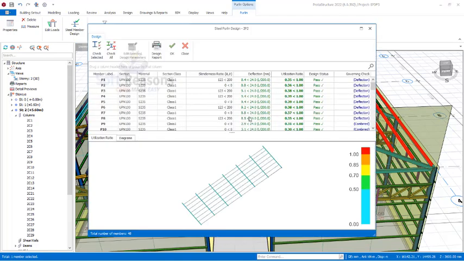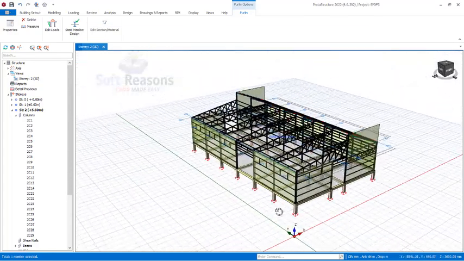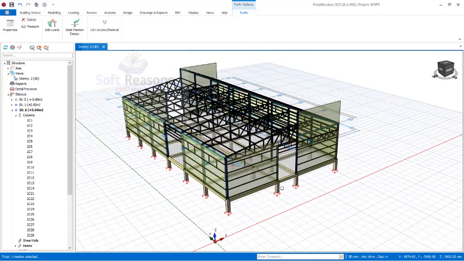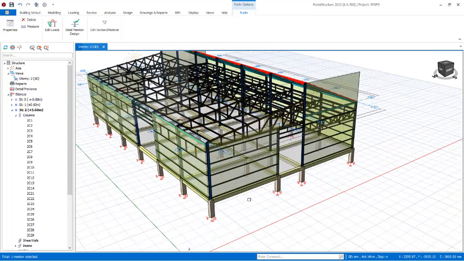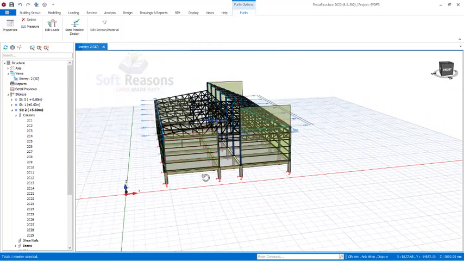So over here you see almost everything as per design. Utilization ratio 0.35, less than 1. Okay, almost for all of the portal frames successfully. All right, design is passed. So if maybe design failed, you can change the sections over here. You can print your report here. Click on the OK options. So we have designed this structure warehouse successfully, and then the next thing we will be looking at,